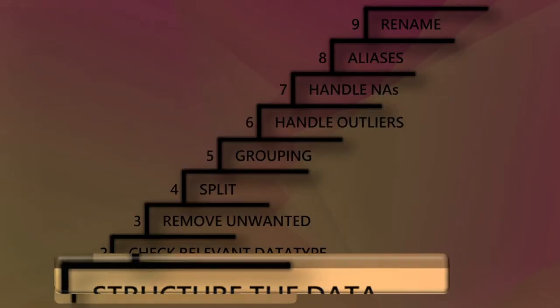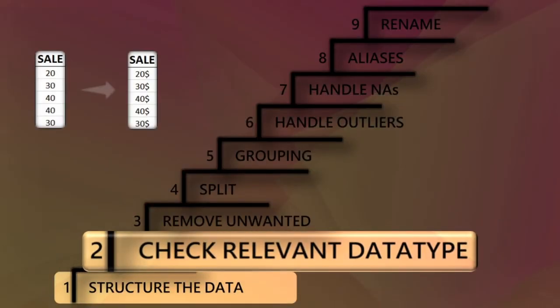Next we have type conversion. In this step, we would be rectifying the data types if earlier they were not correct. As shown in the image, data of integers needs to have special characters over it and hence needs to be converted to string. So converting data from integer to string is known as type conversion.